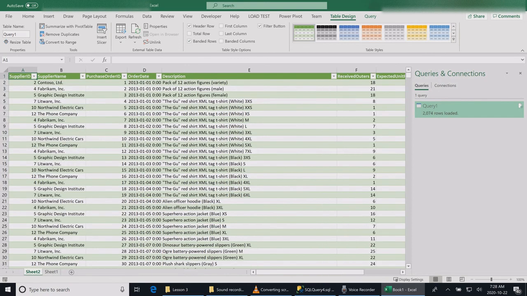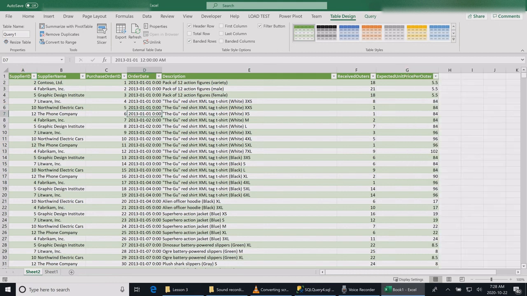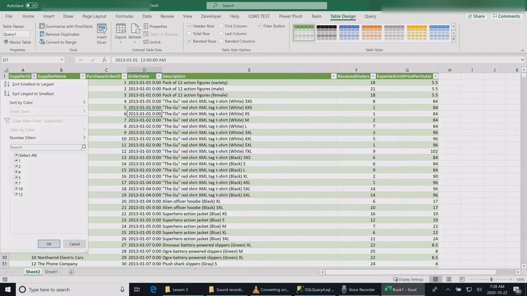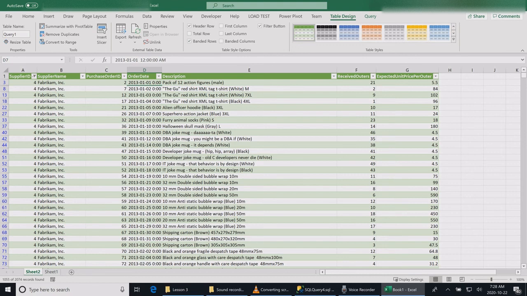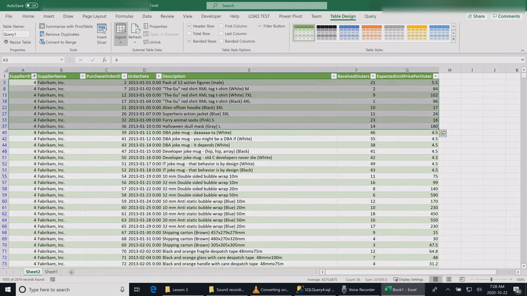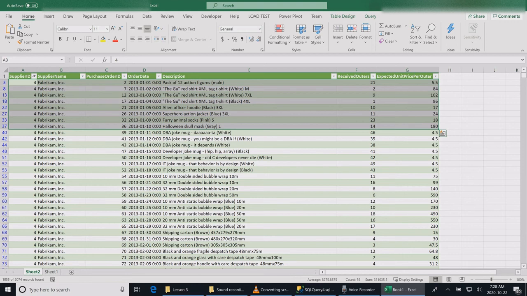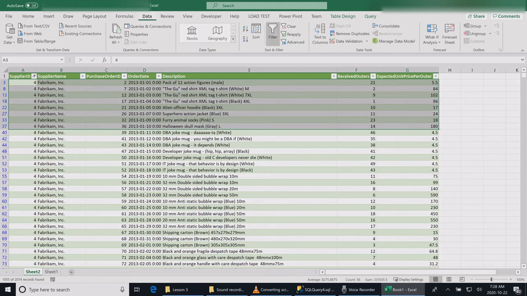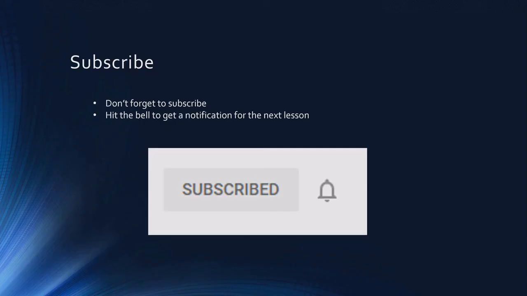Having the data over here, you can do all sorts of transformations in Excel. You can filter on your supplier. You can sum up the values. You can do all sorts of regular Excel functions. And every time you want to refresh your data, you go to your Data tab and hit Refresh. Now that we have covered some basics of a select statement and how to export our table to a report,